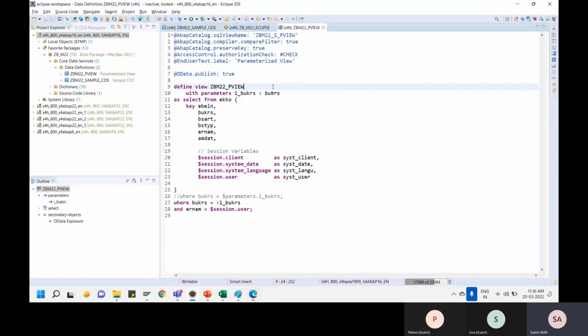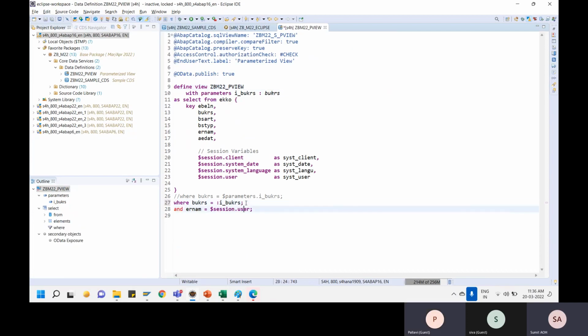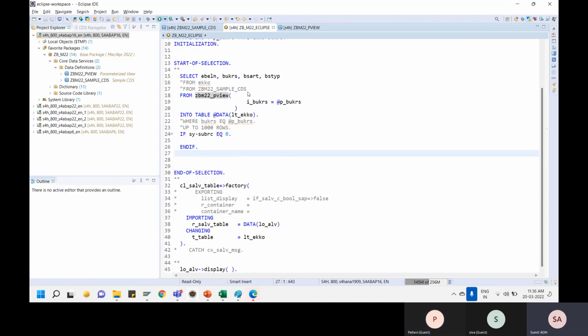Let me show you somewhere you are already aware of. For example, this particular CDS view I am talking about, and let's say I don't want this column because I want to display some data. So I'll just remove this so I can get some data in my output. I'll activate this. So here I have all the set of data. If I go back to my program, it is consuming the same view. It is being displayed in the form of an ALV. The moment I say execute,